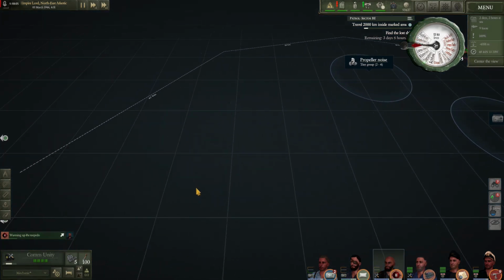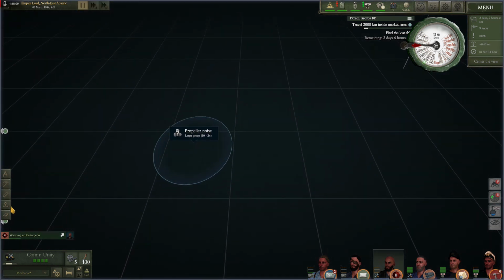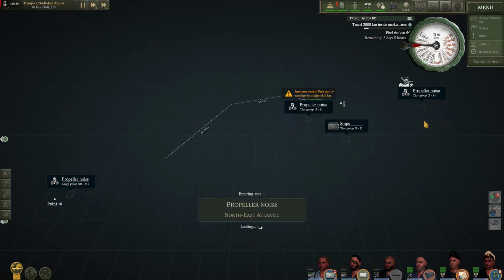Okay, we got to get around all this nonsense and find this big old convoy. That's my plan right there. Got to find this big chunky fella. And we actually did lose a crew member altogether. I killed one of our crew. That's...